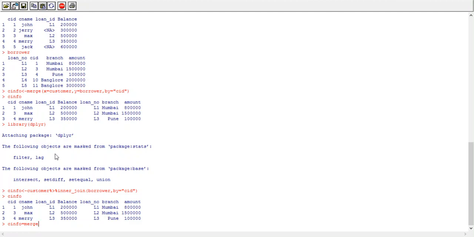So cinfo equals to merge, x equals to the first data frame, that is customer, y equals to the second data frame, that is borrower, and then we are implementing left outer join here. Specify the by parameter, that is the common attribute, which is customer id. We are going to merge these two data frames by using this common attribute, customer id. And now we want to specify left outer join by using the all parameter, all.x equals to